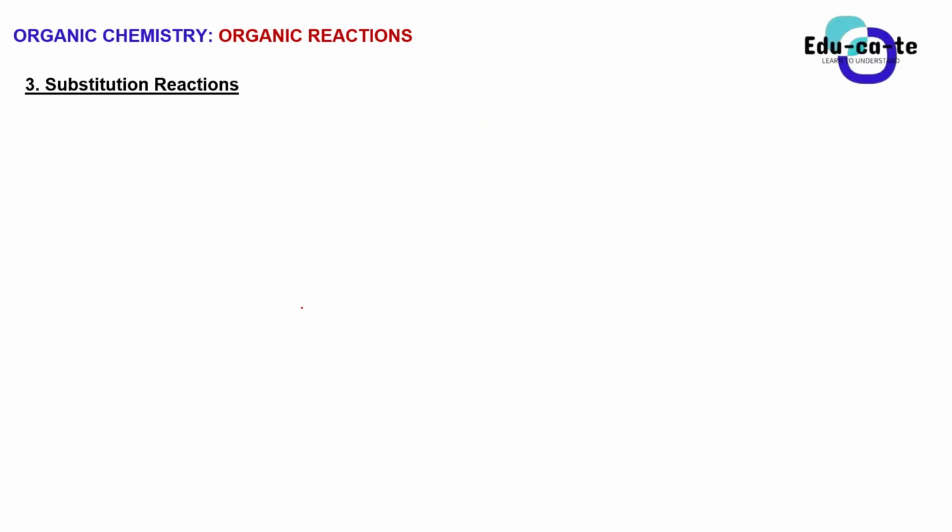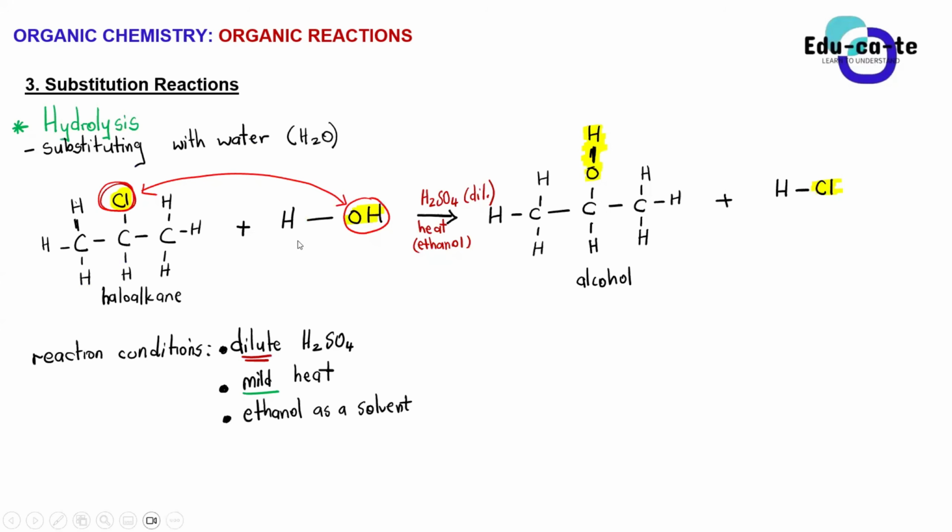And the other substitution reaction that you must know is the one that we just did now, which is the hydrolysis, whereby your Cl group here, maybe your haloalkane, can be Cl or Br or anything that you can replace with OH. Whatever it is that you replace with OH, you must use dilute sulfuric acid. You must use mild heat, not so much strong heat, and you must have ethanol as your solvent. Are we guys together on the substitution reactions? Yes. Yes, for now. All right, awesome.